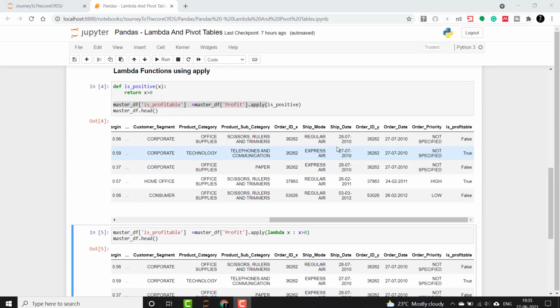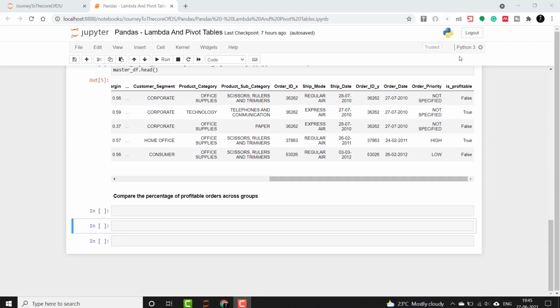You will notice here that the output of both is the same. Here you must have observed that I have used lambda instead of this function. The reason is that this is quite simple and does not require the creation of a new function right now. That is the reason for using lambda here, which can be done in a single line of code and does not require a function creation itself.